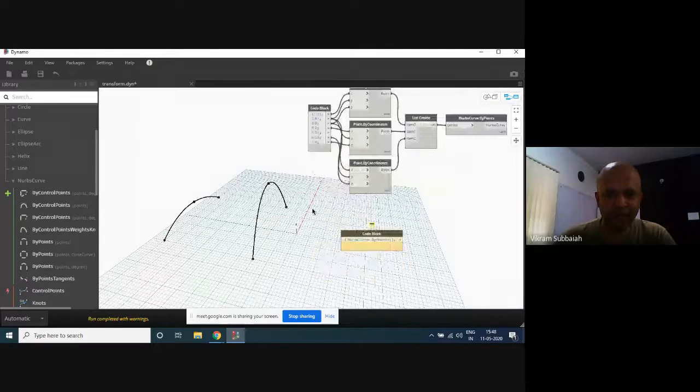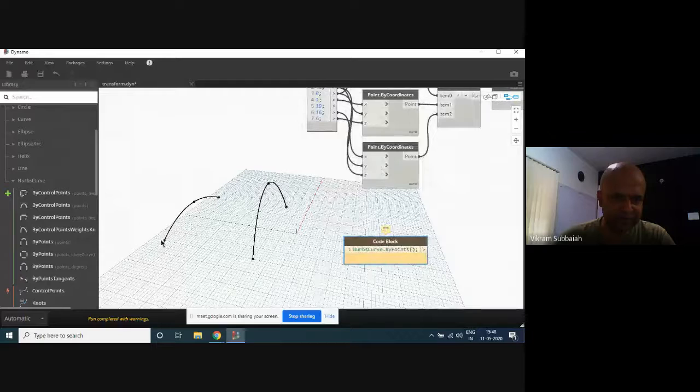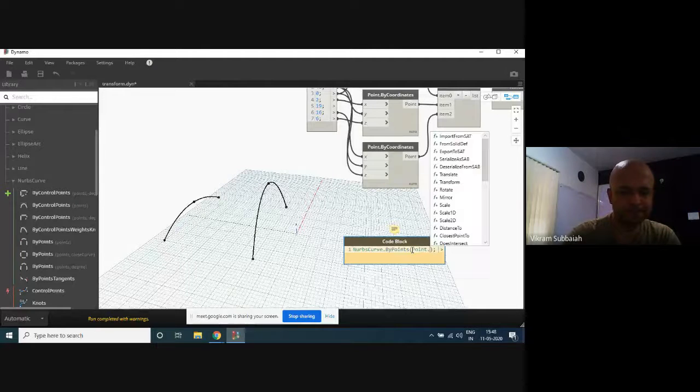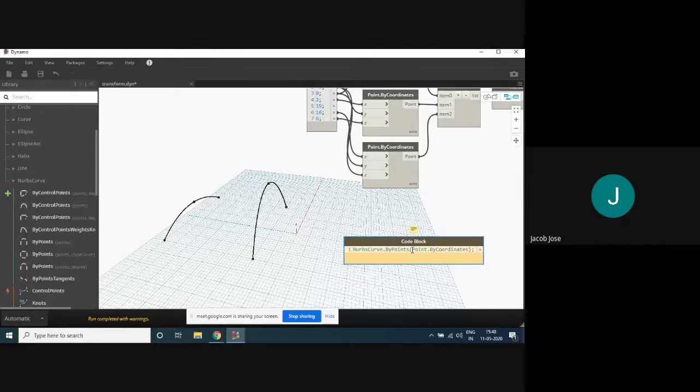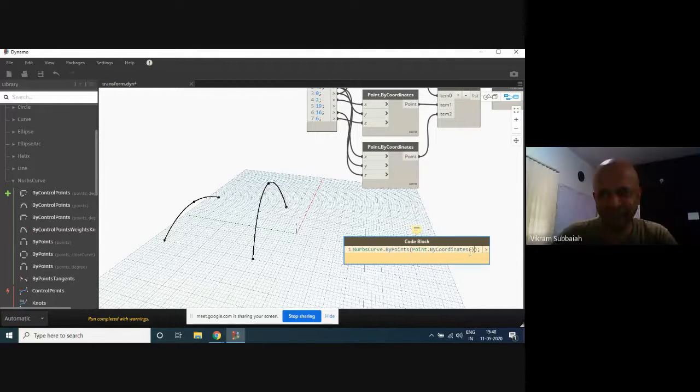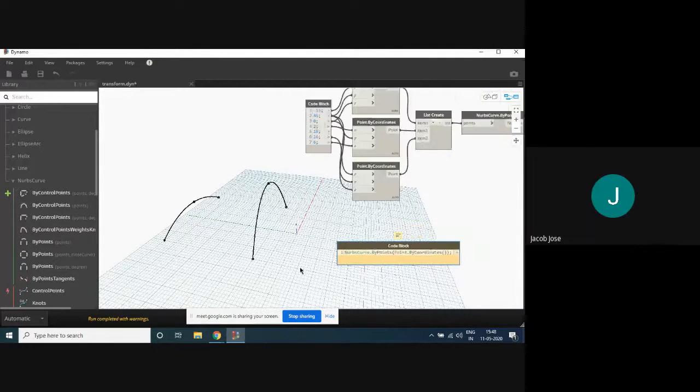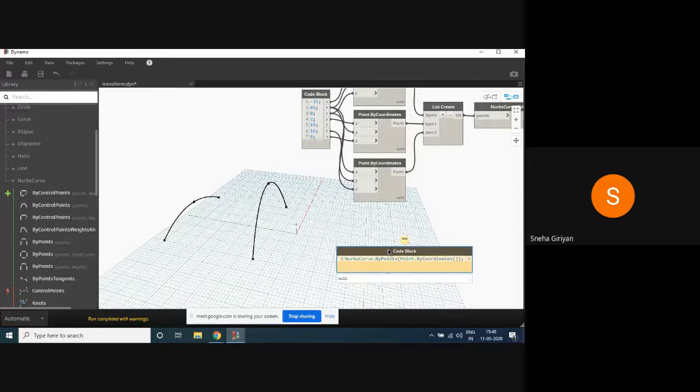I don't want to draw a line. I want to draw one more curve here. Let's say I want to draw one more curve here. So give me the coordinate for that. NurbsCurve, referring to what we have already done. Instead of 45, we can reduce it to 25 or something.